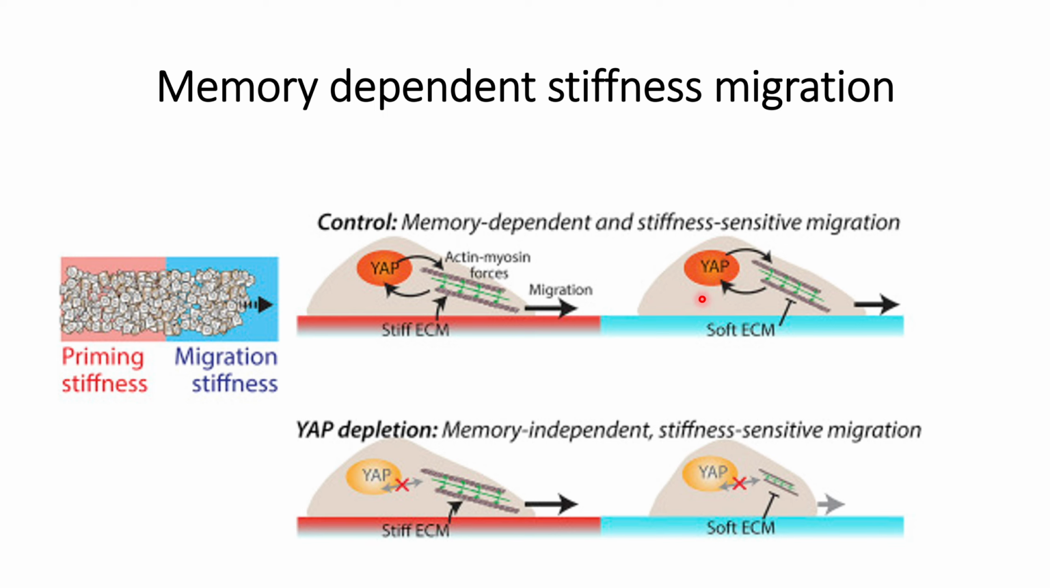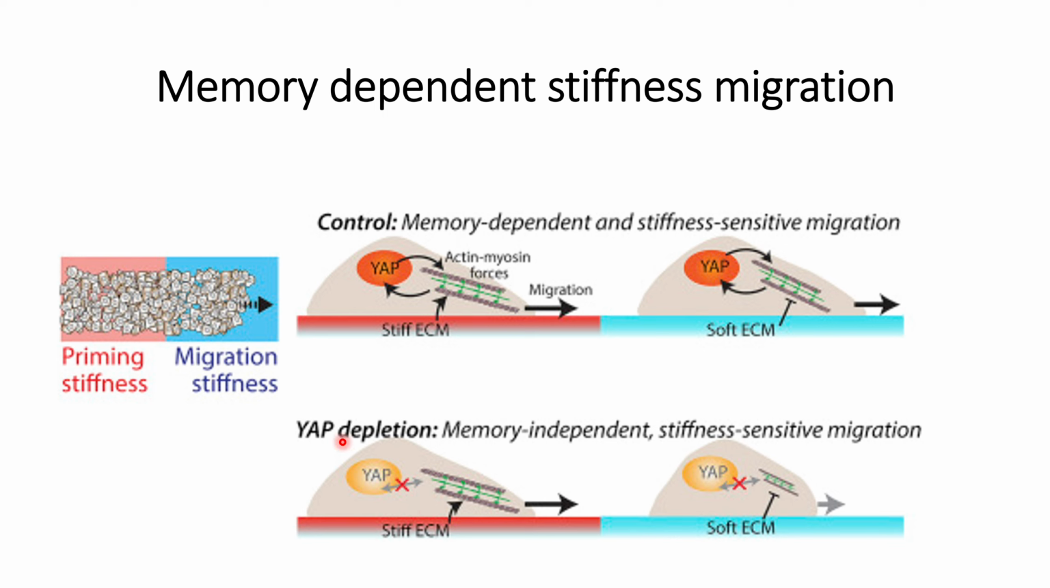In order to validate whether it is YAP that is regulating this, they tested this hypothesis in conditions where they used cells that do not have YAP, or YAP depleted cells. What they observed in this case is that in the stiff ECM conditions, they can see the actin myosin forces because of the stiff extracellular matrix. However,